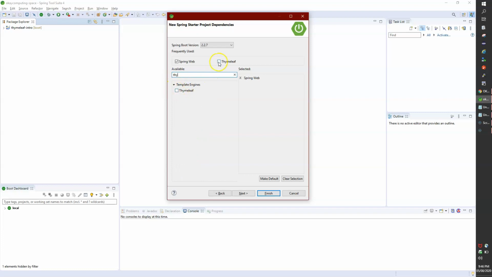As you can see, whatever dependencies you have used recently, you will see at the top in the frequently used section here. I'll pick from here, and if it is not there, you can simply search for Thymeleaf. So we need these two dependencies. We'll talk about one more dependency. Okay, let me add from here only. We also need Bootstrap, which you cannot add here. So we'll just go with these two dependencies and click on next.